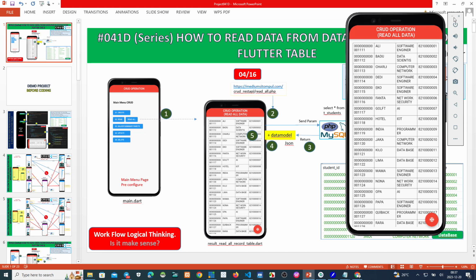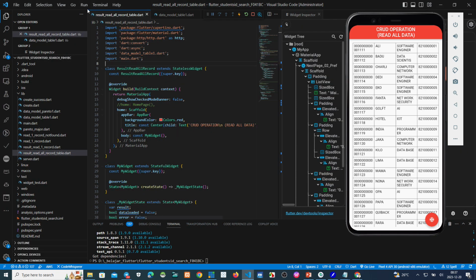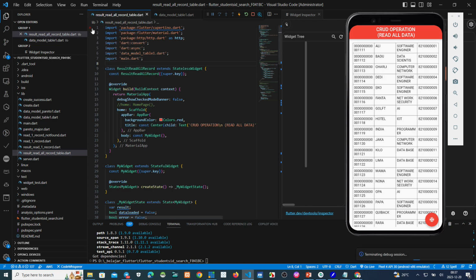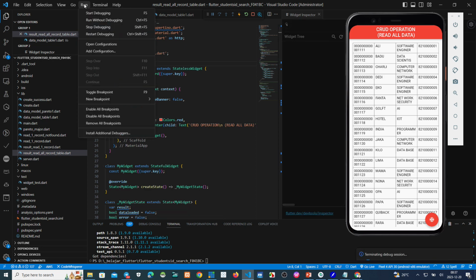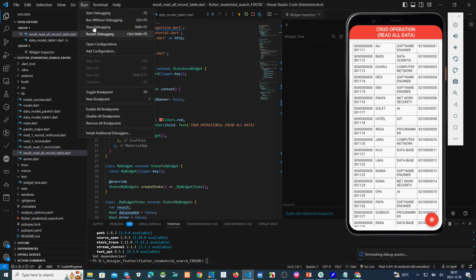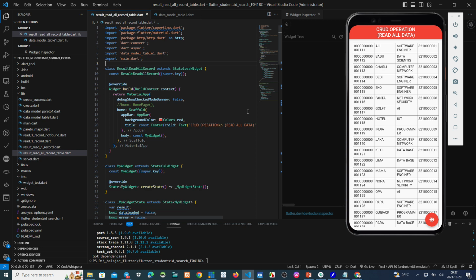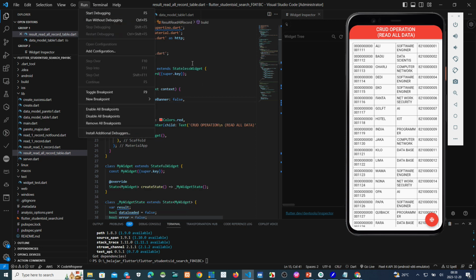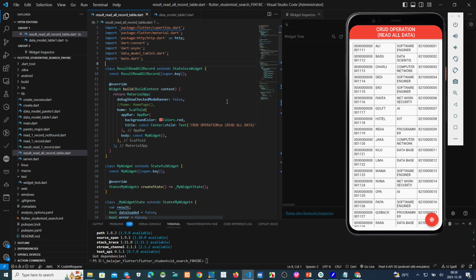Okay, now before we are coding, I stop this. At this moment, we have just 2 files. We stop first debugging. Okay, this is the script.